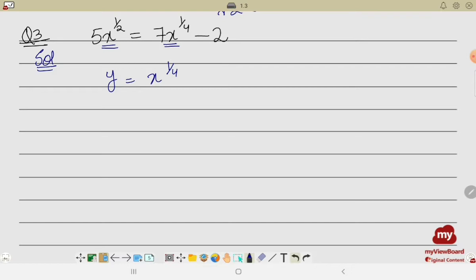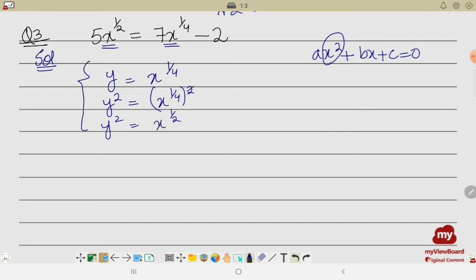Now you see you have to take the square in any case, because in the standard form of quadratic equation we have power of square of x, right? So we need to take the square on both sides. Once you take the square on both sides, you'll get y square, and the 1 by 2 power is obtained. So you see we got the value of x raised to power 1 by 4, and we got the value of x raised to power 1 by 2. So our equation 1 will become now